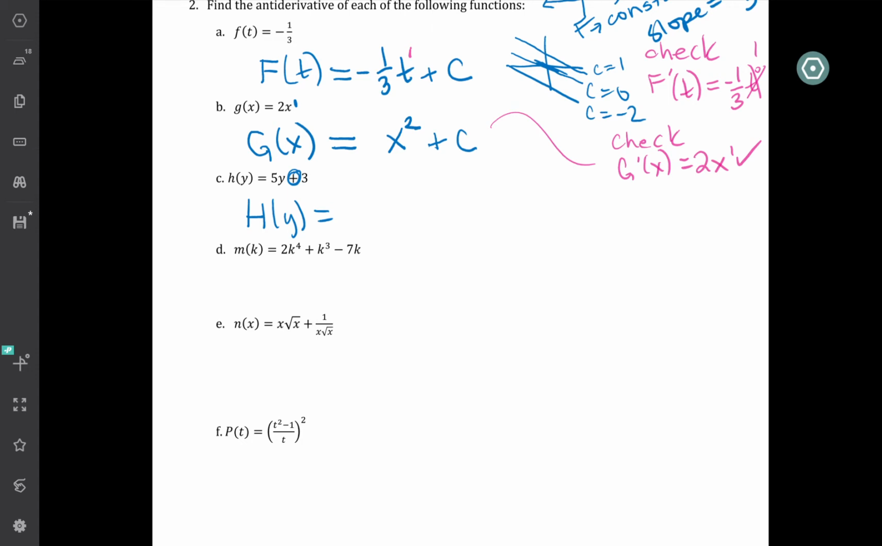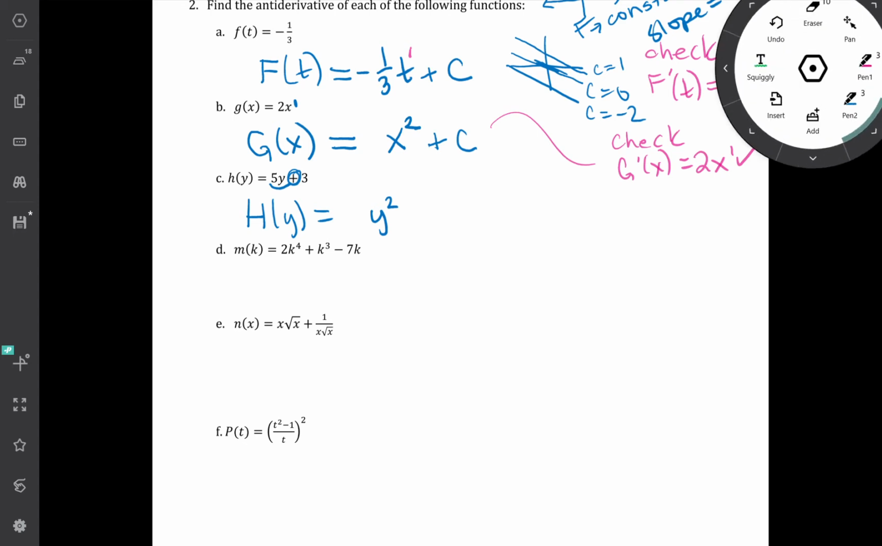So I'm going to start with a 5y. If I want the antiderivative of 5y, just like before, I can guess that I need a y squared involved, but I already know that when I take the derivative of y squared prime,